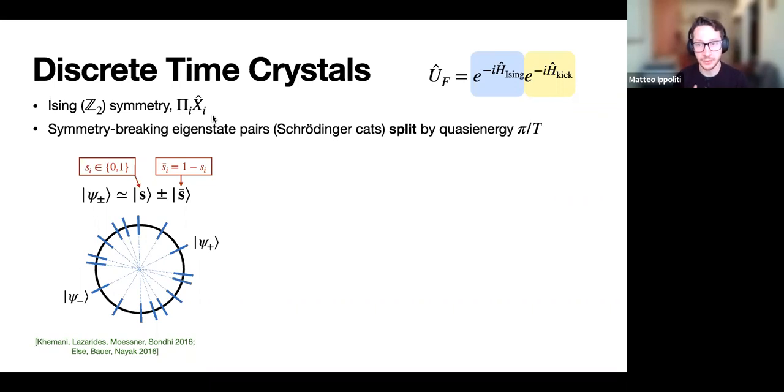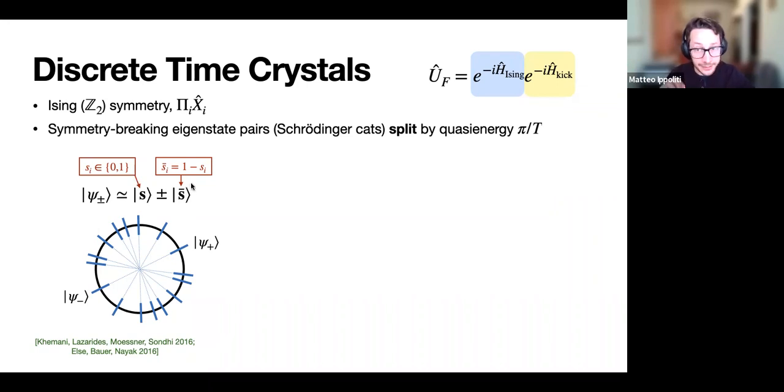So in this eigenstate ordered phase, that can happen not just for the polarized states, but for all the bit strings in your computational basis state. So you can have eigenstates of this Floquet operator that are close to Schrodinger cats composed of arbitrary bit string states like this. And this is an approximation that has weight on, in principle, all of the computational basis states, but it's exponentially decreasing in Hamming distance, if you will, from a particular bit string. So to a first approximation, this is what the eigenstates look like.